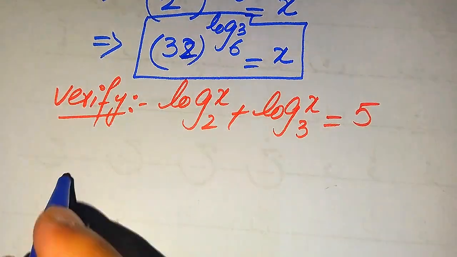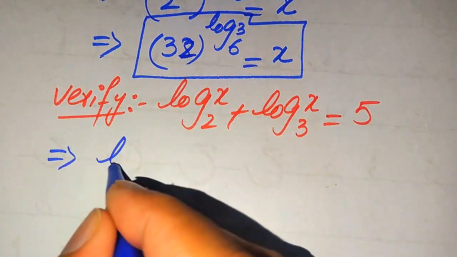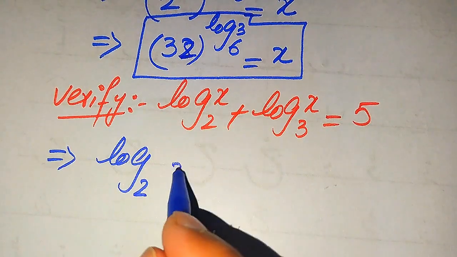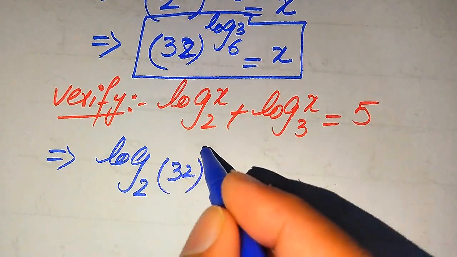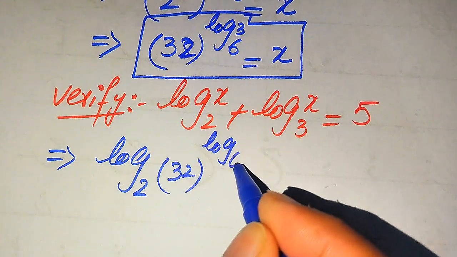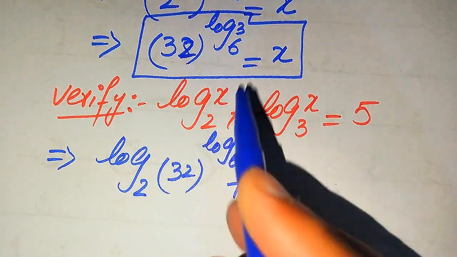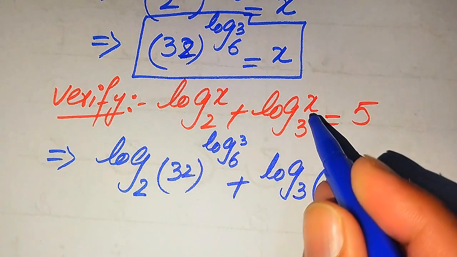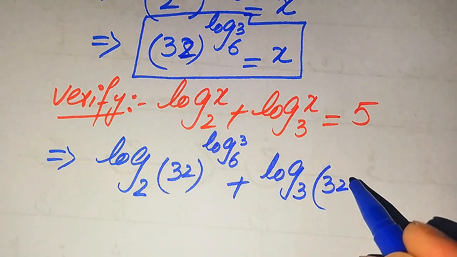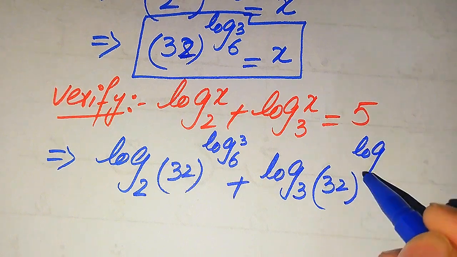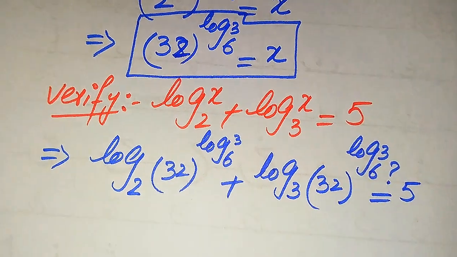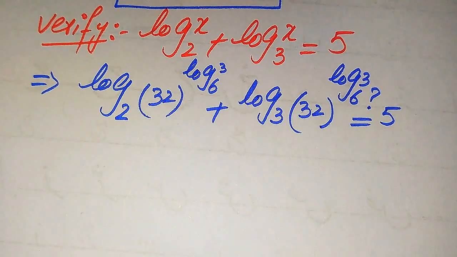So when we put this value of x into the left hand side, it will be written as log of base 2, and the value of x is 32 to the power of log of base 6 and 3 plus, similarly we put this value here and it will become log of base 3 into the value of x is 32 to the power of log of 3 with base 6, and we check whether this equals 5 or not. And here we use another property of log, and you know that